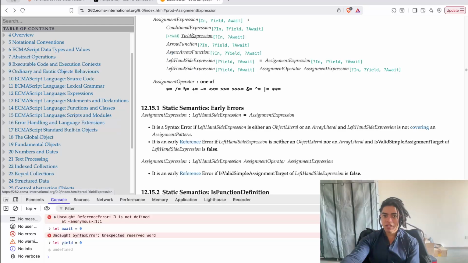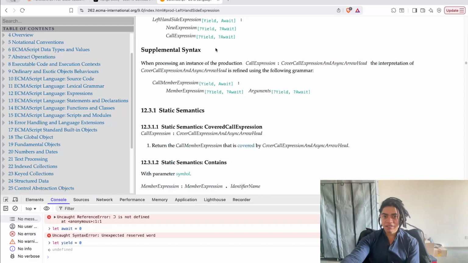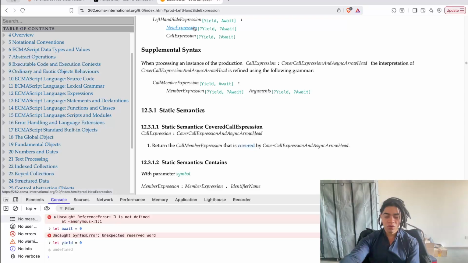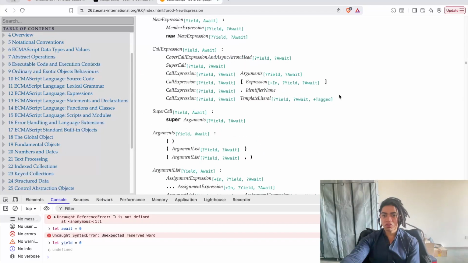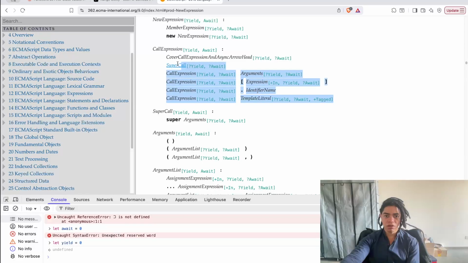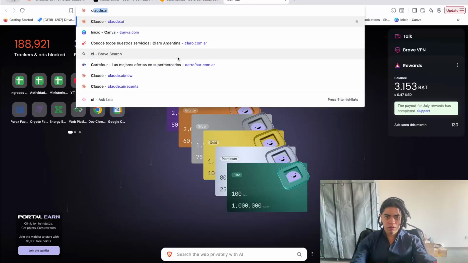So in other words, here this left hand side expression is new, and call expression, which even includes a new member, all right, the new expression, or the call as well, with all of this cover call expression, super call, with arguments, with an expression, with this, and the call argument with the template literal. So again, we can also ask Claude some questions here for the call expression,